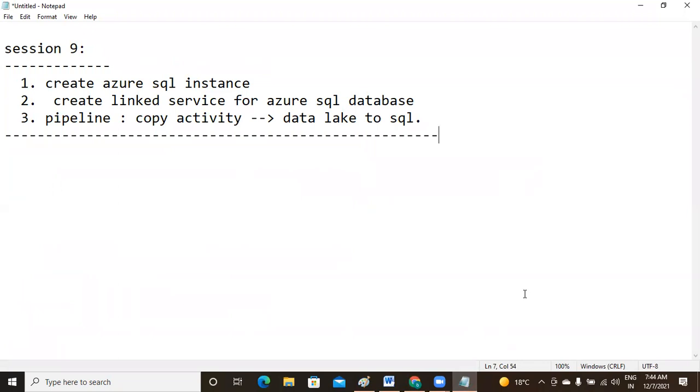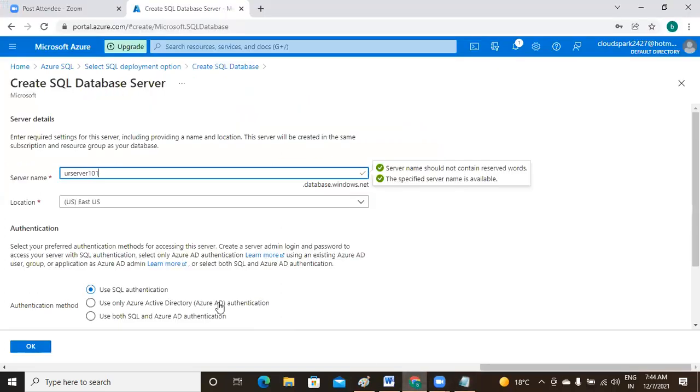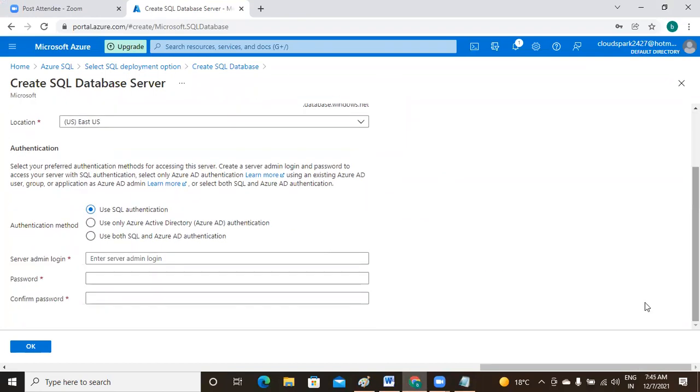What is the database name we have given? Your DB. So server name, your server 101. The location is East US. And give some login details, that means your user ID, your admin ID, and password.